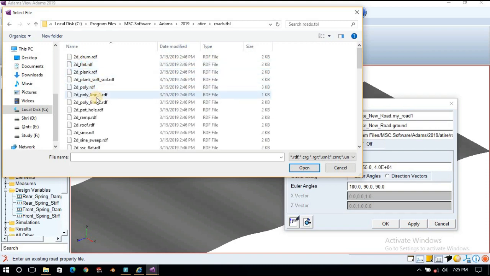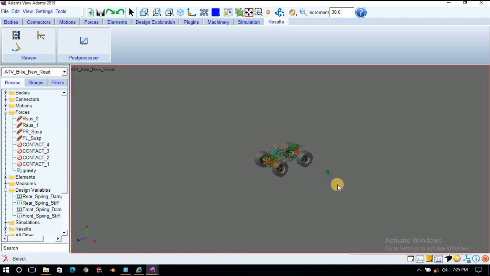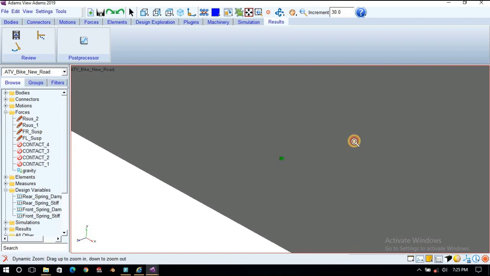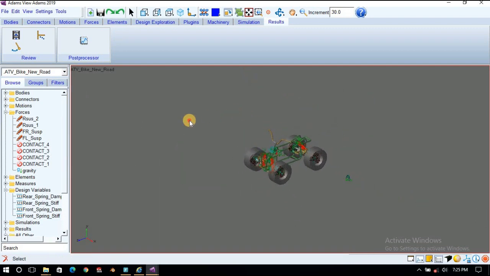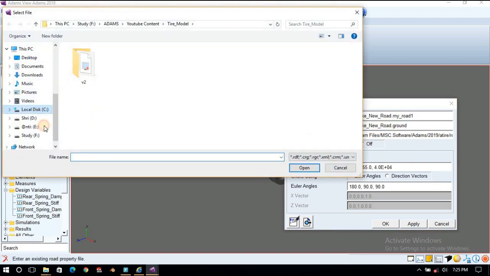This is a road template, so we'll choose the flat road, apply. You can also edit the road property file, you can set the dimension, property, all this.